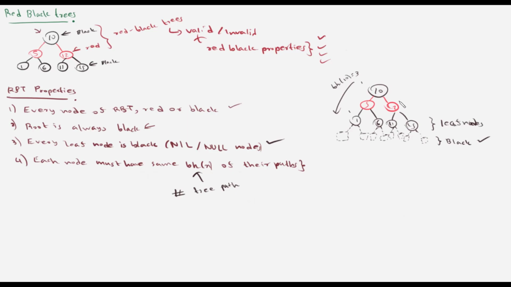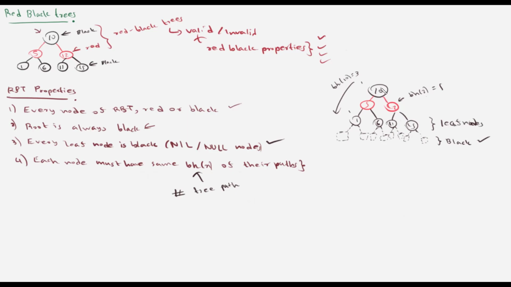And if you select this node, the black height is 1, because you only have one black node within this path from root to leaf node. So this is again a root for this particular subtree, and this is a leaf node. If you consider all the remaining leaf nodes, the black height is always 1. So it is a property: when you are considering a particular node, all the subtree paths must have exactly the same black height.